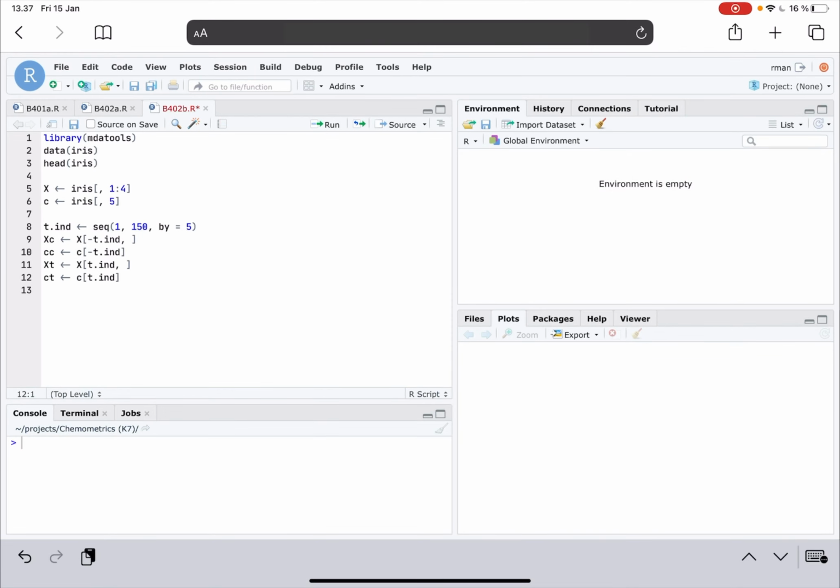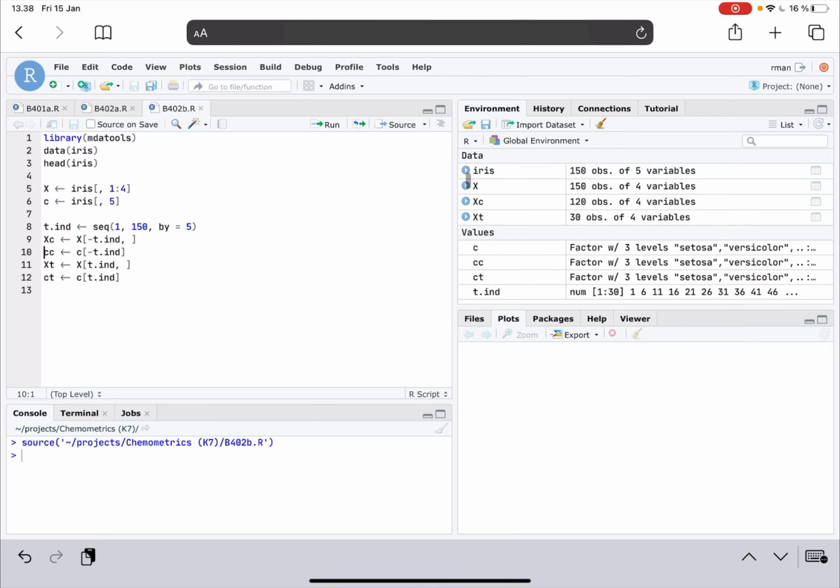So finally, the last video in this learning sequence, let's talk about how to make a PLS-DA model and how to investigate it. You can see that I copy-pasted part of the code from the previous script where I create the calibration and test set. However, for the calibration set, I need to do one more thing. You remember that we have three classes in calibration,